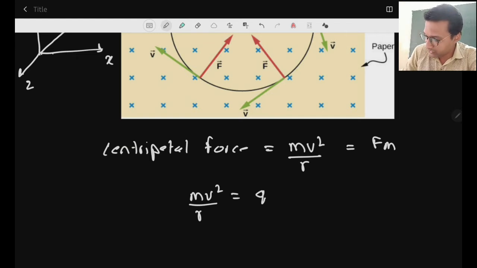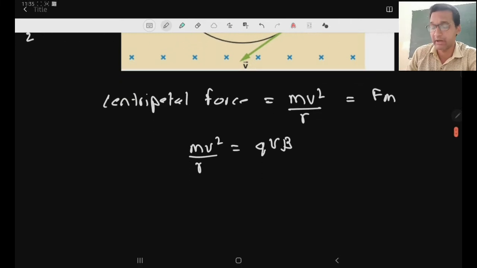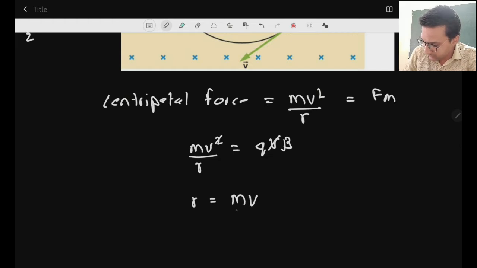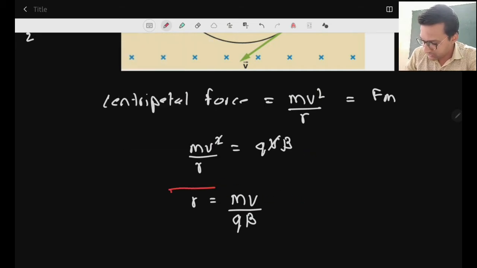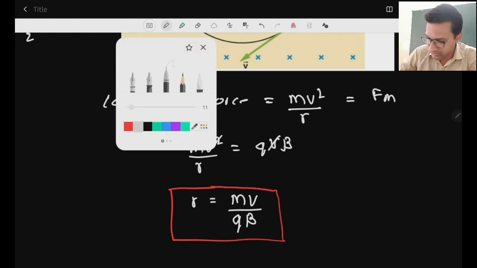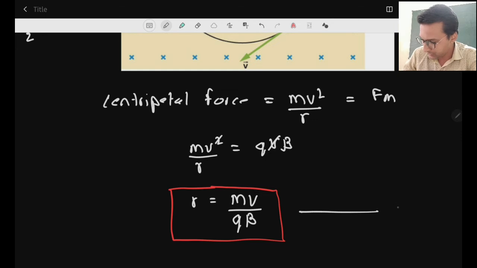We know the magnetic force is q v into b, where b is the magnetic field. So one power of velocity will cancel, and now we can write an equation for the radius, which will be equal to mv divided by q into b. This is the equation for the radius. Let us call this equation number 2,